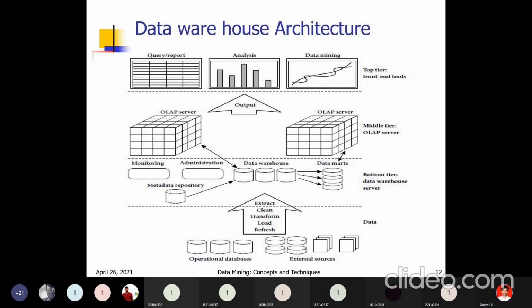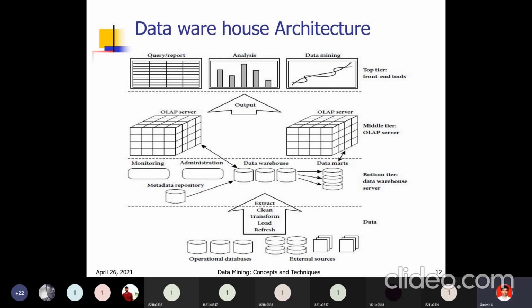It provides enterprise-wide data integration. The name itself indicates enterprise, meaning it contains all. Data can be combined from many different data sources and placed in the enterprise warehouse.